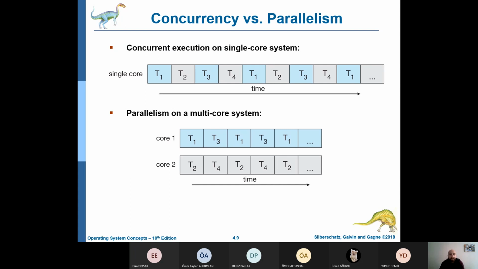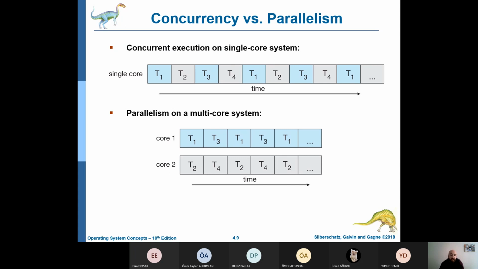On a system with a single computing core, concurrency simply means that the execution of the threads will be interleaved over time, because the processing core has the ability to execute only one thread at a time. So we have T1, T2, T3, and T4.